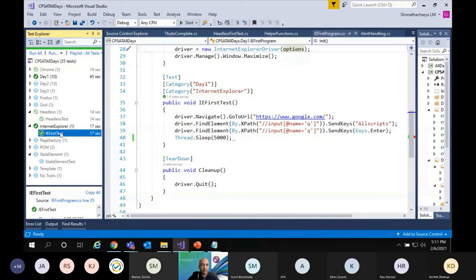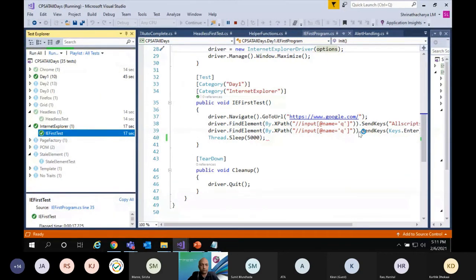So the moment I right click and run this one, this project is building. It has so many test cases.